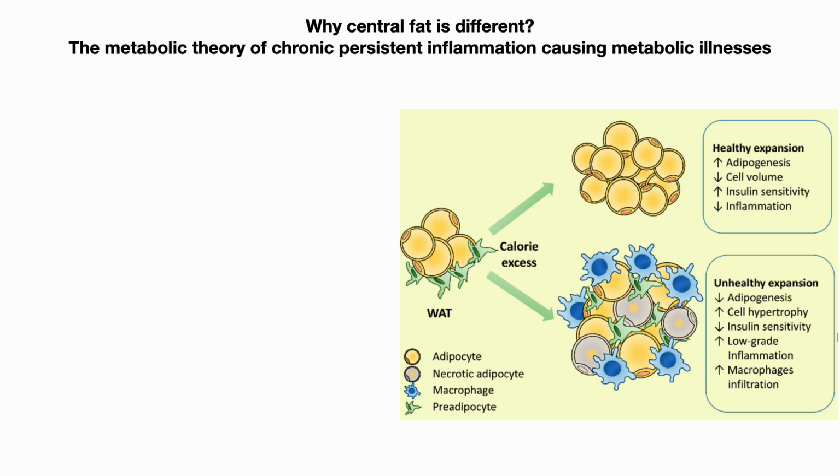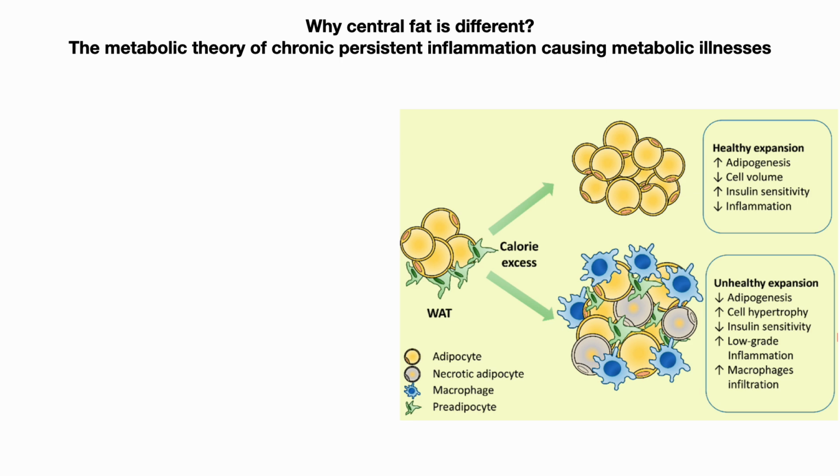The metabolic theory says there is non-expanding fats, which means if you add to it, so if you have the fat cells inside your viscera, there is limited space for those fat cells to expand. Why? Because they're usually compressed within the mesentery of the small intestine or within the liver, for example. So when you expand them, they explode. And when there is unhealthy expansion, that is when you release mediators, and those mediators are the ones that cause the release of a chronic slow inflammation that results usually in illnesses.